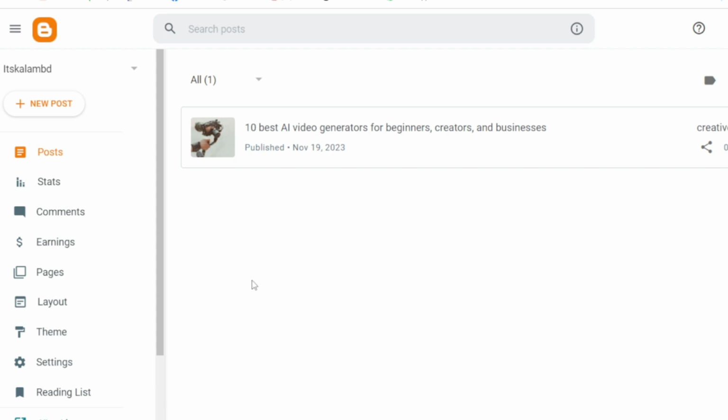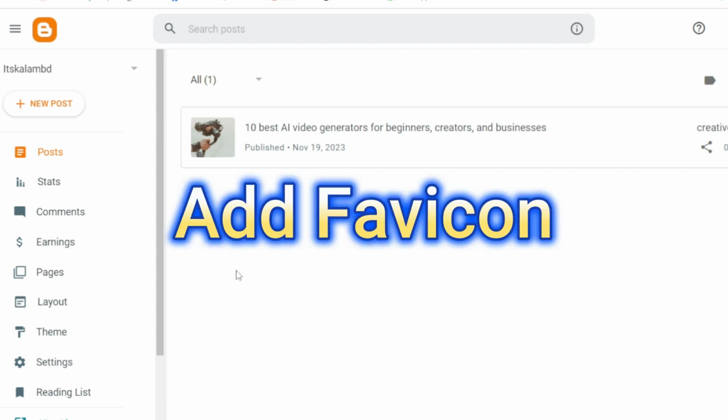Hey, Kalam here. In this tutorial, I'm going to show you how you can add a favicon to your blog or